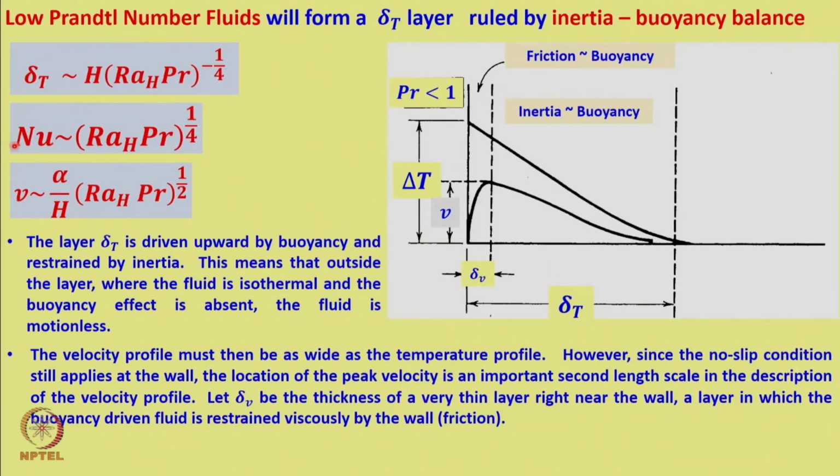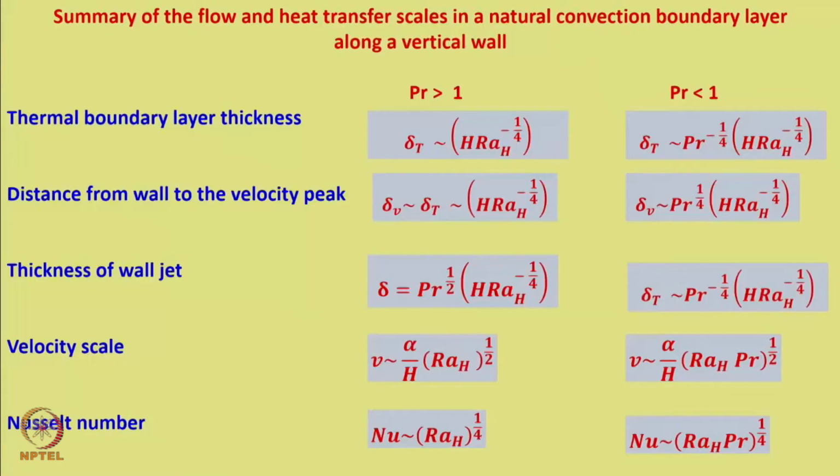for the low Prandtl number also we had worked out delta t, Nusselt number and v, and we summarized all these scales here: thermal boundary layer thickness, distance from the wall to the velocity peak, thickness of the wall jet, velocity scale, Nusselt number. We summarized for Prandtl number greater than 1 and less than 1. We can see that for Prandtl number greater than 1, except delta, all parameters are a function of Rayleigh